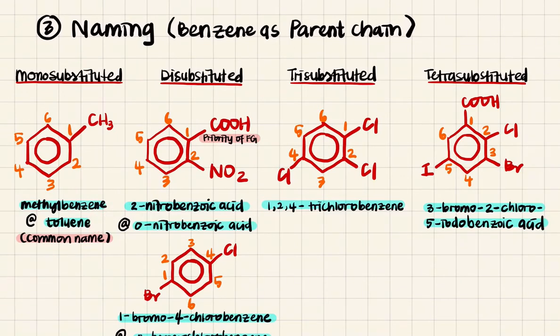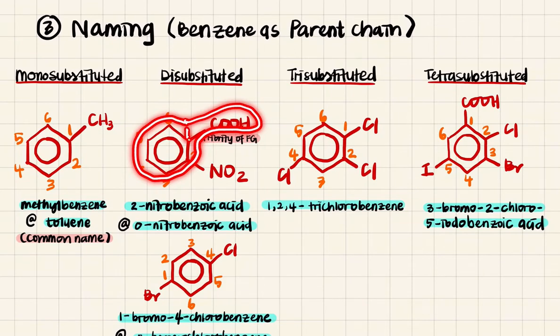Okay, toluene betul. Alright, for di-substituted benzenes, let's say awak ada 2 different functional groups attached to your benzene. Okay, so awak nak letak siapa nombor 1? So this will be dependent on the priority of your functional group. Okay, nitrobenzoic acid, nitrobenzoic acid. Okay, so ikut awak punya functional group punya priority tu, benzoic acid will be the parent chain. So like this. Okay, so this is your parent chain. That means that benzoic acid